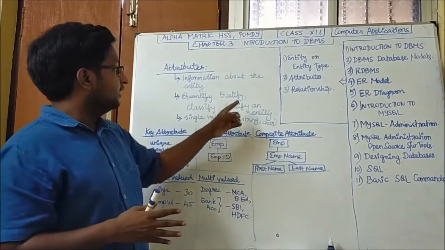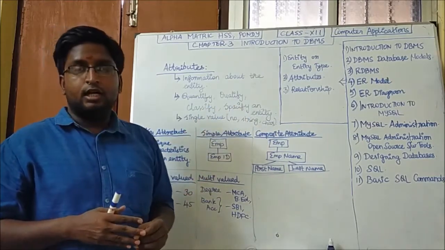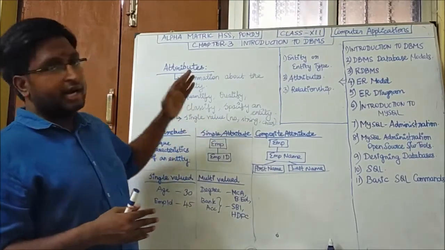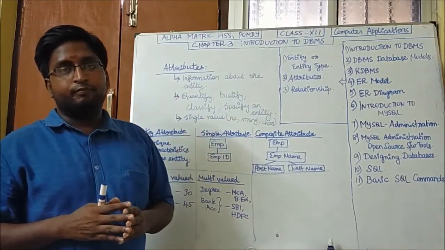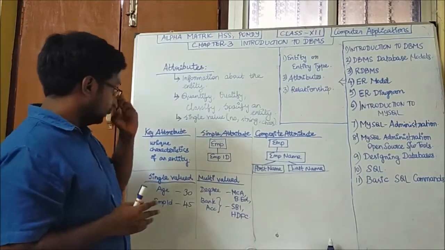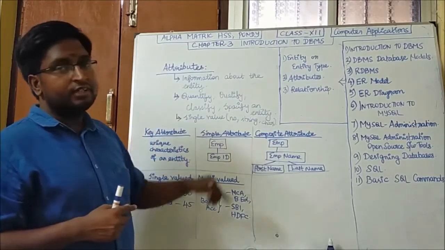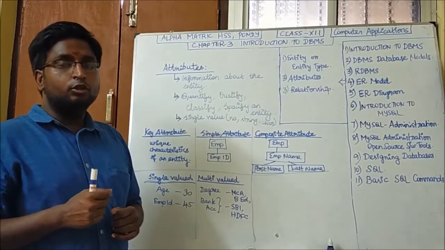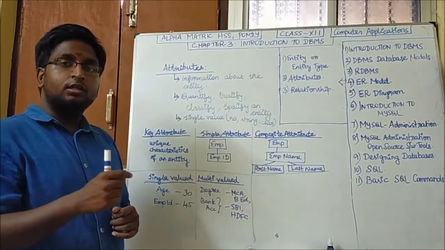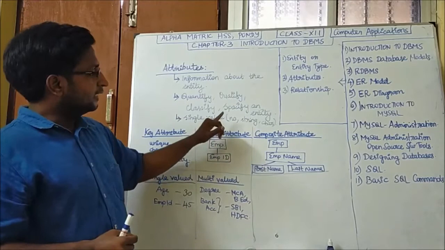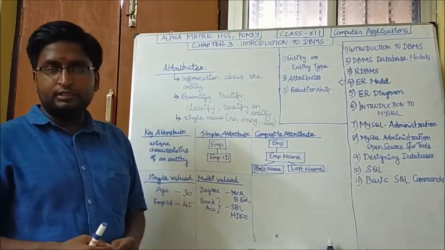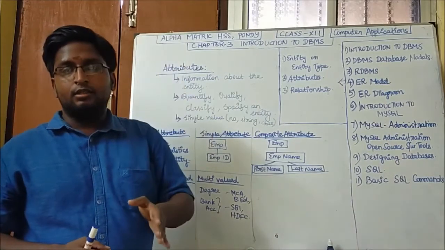How the entity is specified under which table. So like that, it helps to identify the entity. So next is the attributes, which will have a single value. Most possibly it will have a single value that can be either a number or a string or a character. Say for example, employee ID.